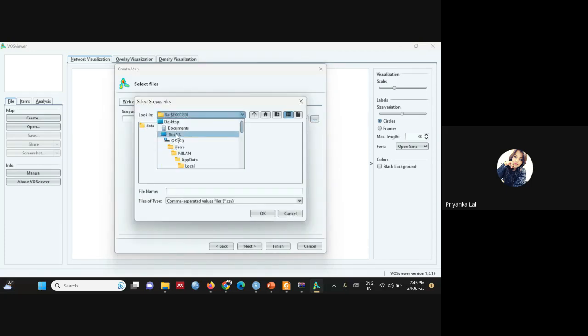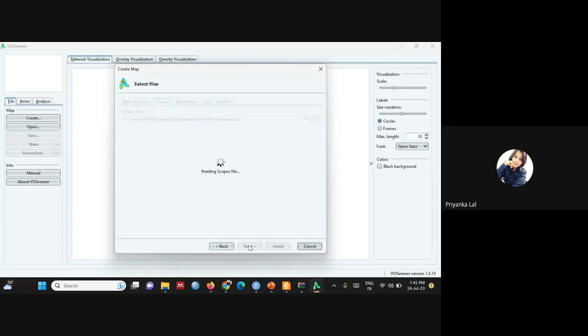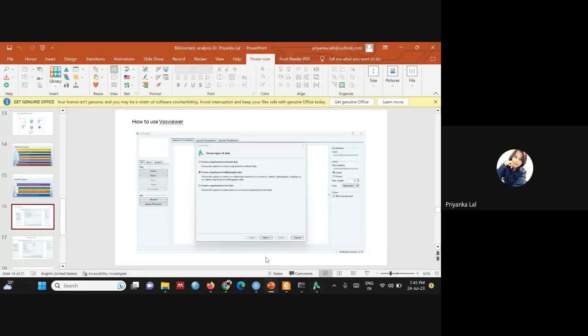So you have to feed the data. We'll have to wait for some time for it to read it, because there are thousands and thousands of papers, so it will take some time. Okay. Now, once it has been uploaded,